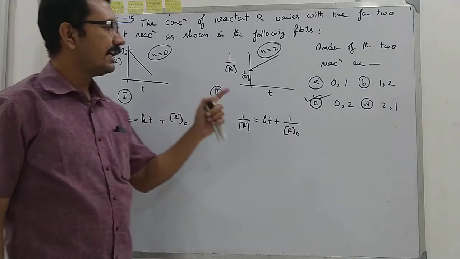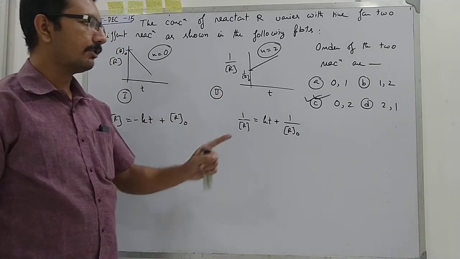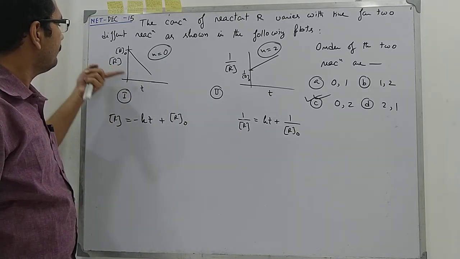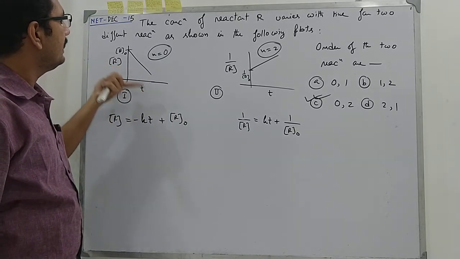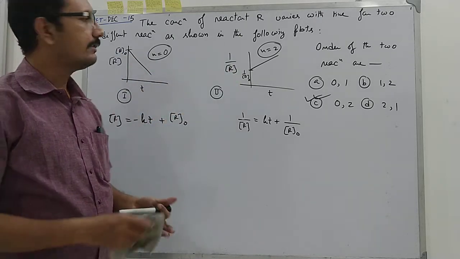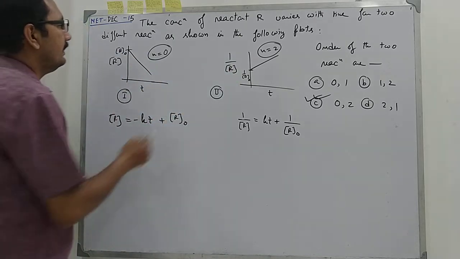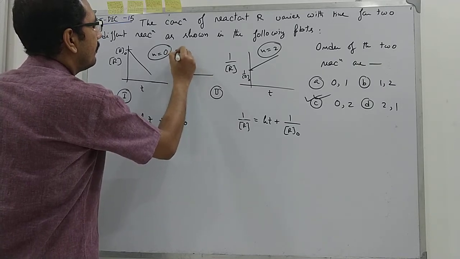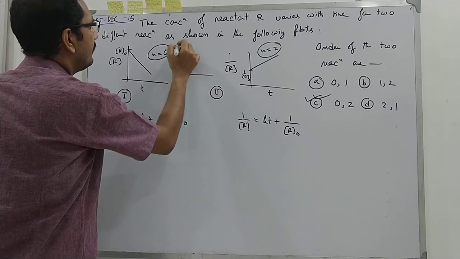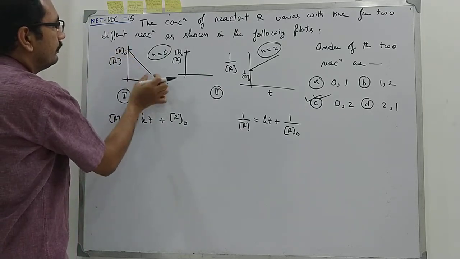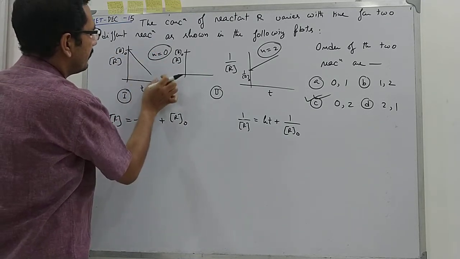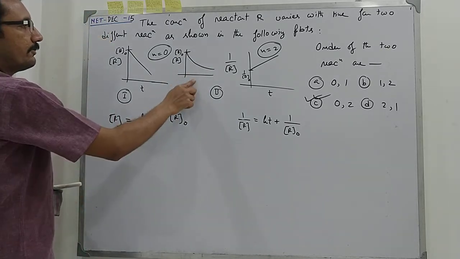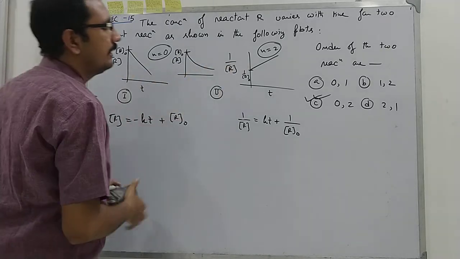You have to save time in competitive exams. That is the most important factor. So you must know how reactant varies with time t in case of zero order, first order and second order reactions. For first order, what will be the graph? It will start from R0, but instead of falling in a straight line, it will fall exponentially. So this is for first order, this is for zero order, and this is for second order.